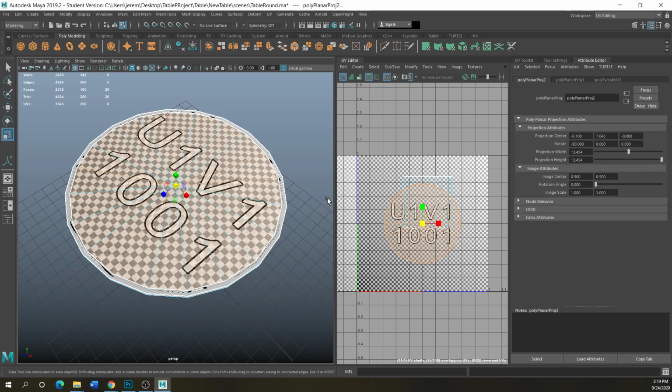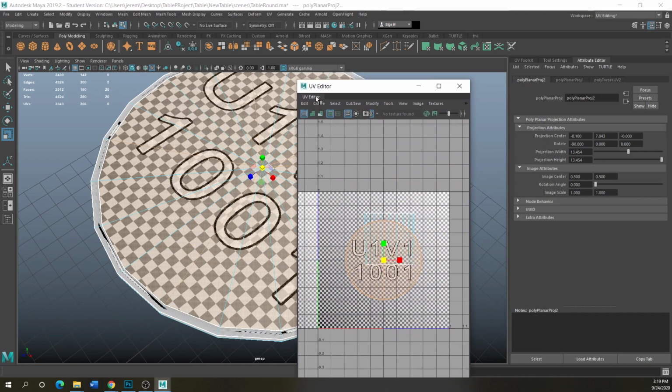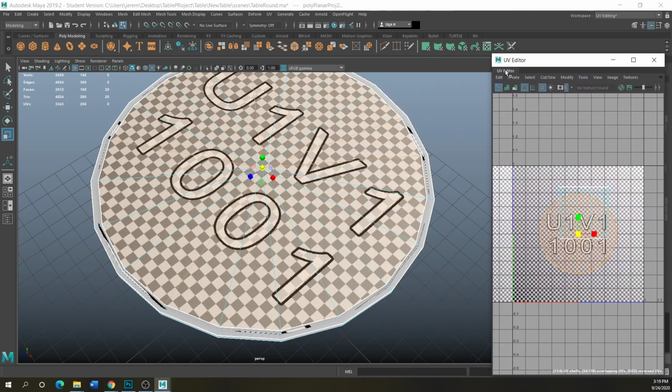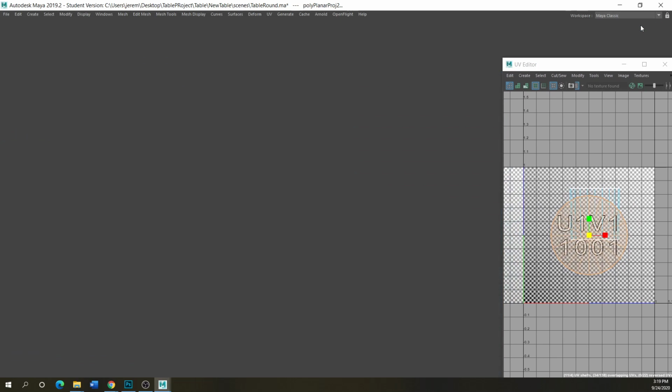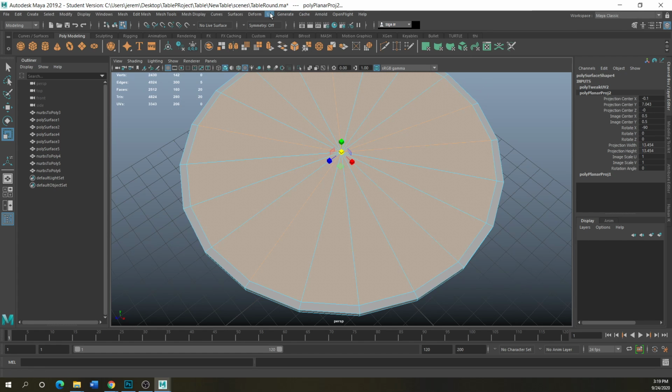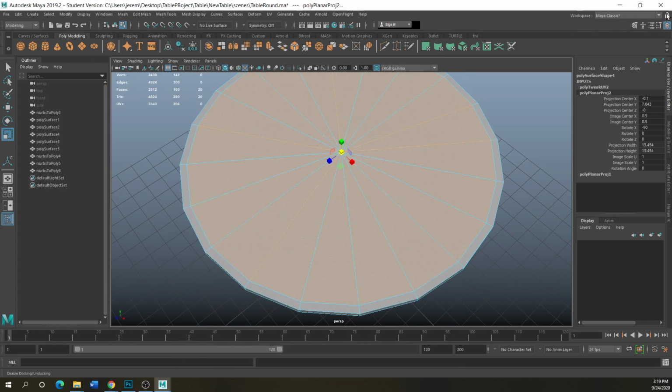So, okay, that's it for now. Just get used to opening up the UV editor and working in this style. Like I said, I used to use this as a floating panel, but I don't so much anymore. I just dock it in there. Instead of using my UV editor as a floating dock, I use the UV editor here